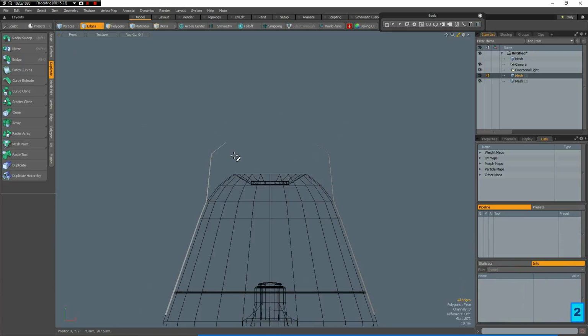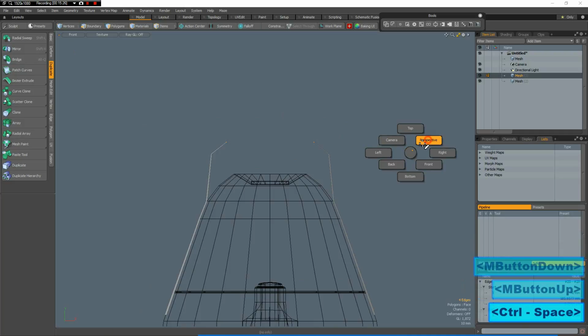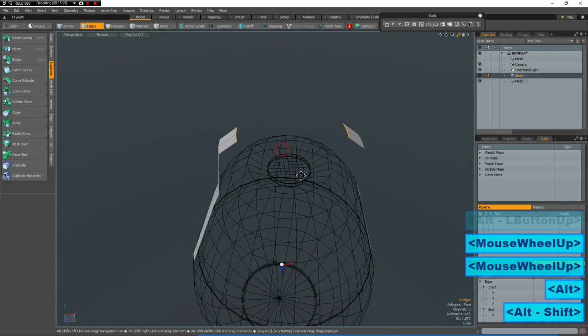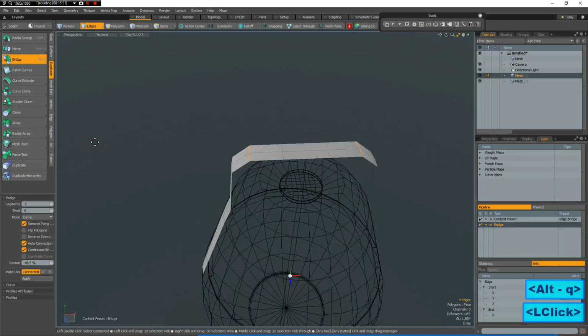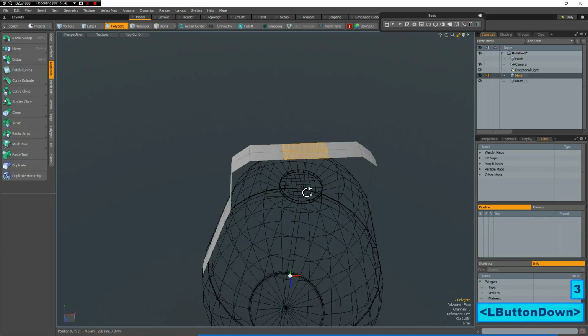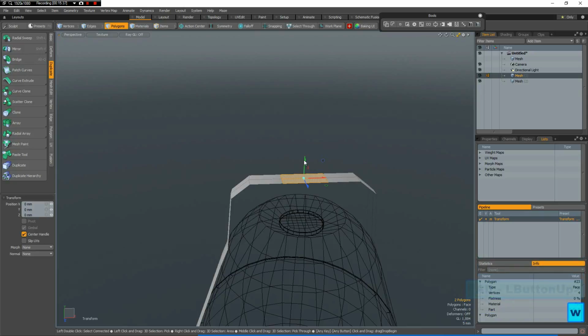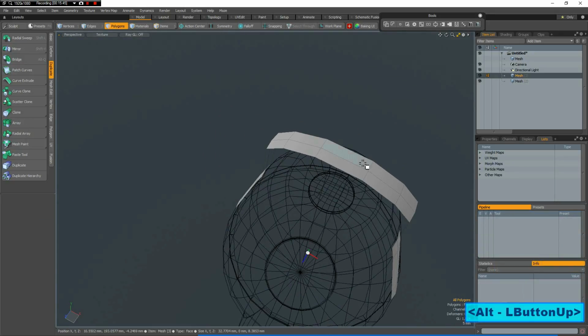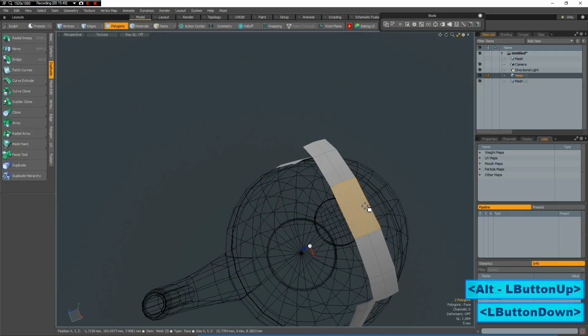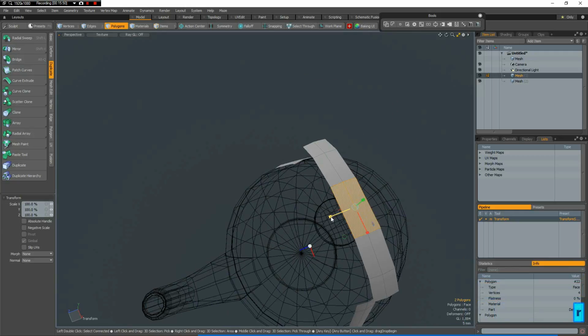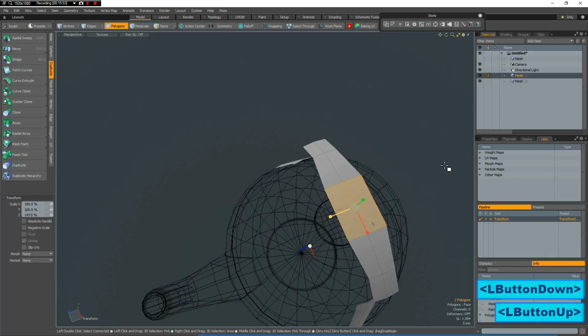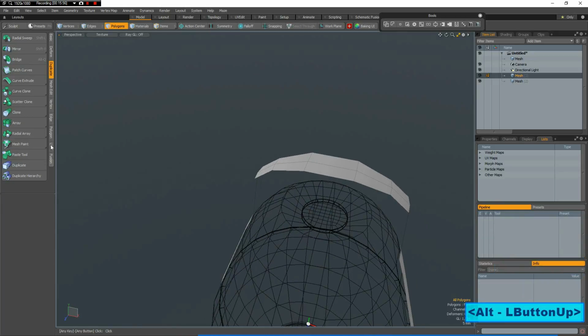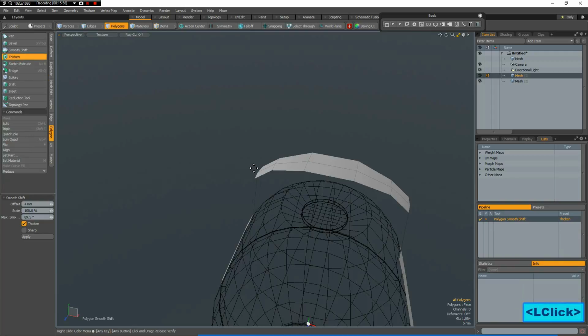Then I can select these edges here and bridge these together. So bridge, and W, move them up a little, like so. And now we can, no, I want to make this a bit wider. R key, like so. Now we can go to polygon, thicken, and thicken this on the blue handle